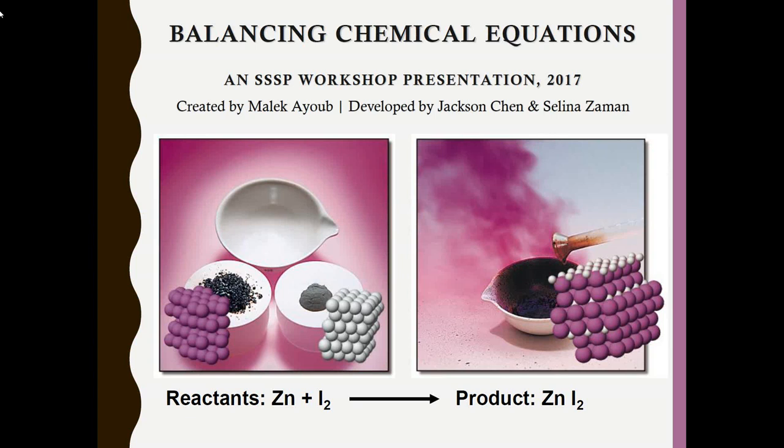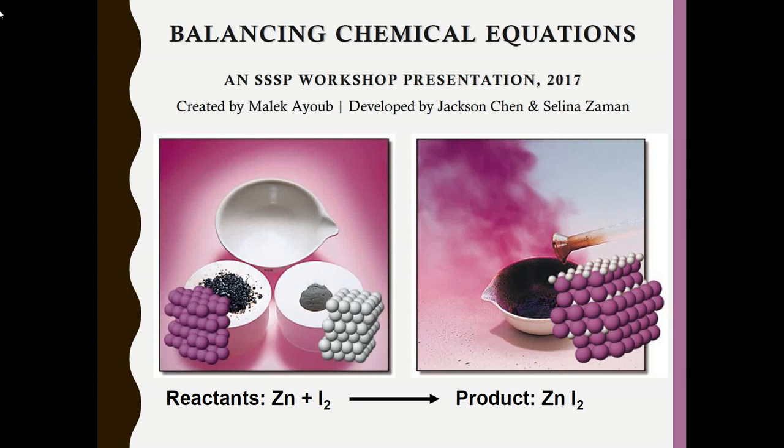Hi everyone, this is Selina Zaman, and today we're going to be talking about chemical reactions. A chemical reaction occurs when we add two or more different chemicals and we form a different product. So when we write down a chemical reaction in equation form, that's called a chemical equation. A chemical equation is a symbolic representation of a chemical reaction in the form of symbols and formulas, where